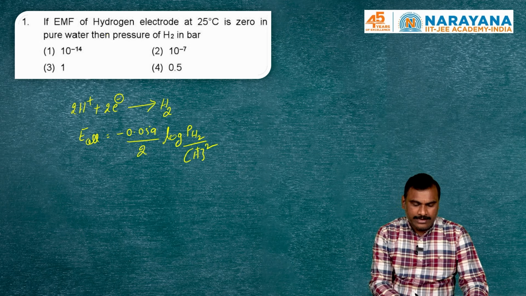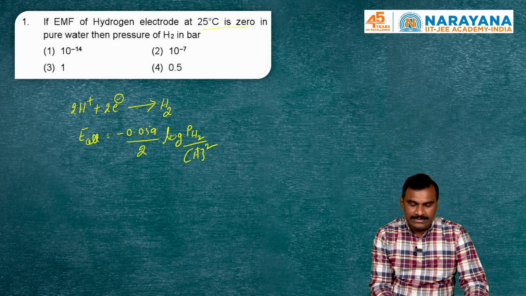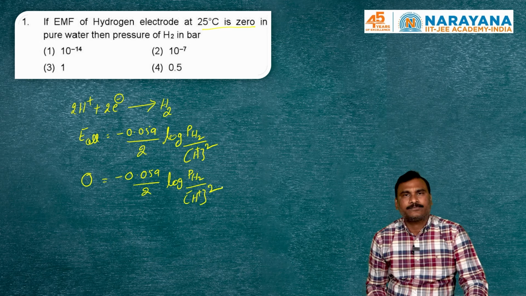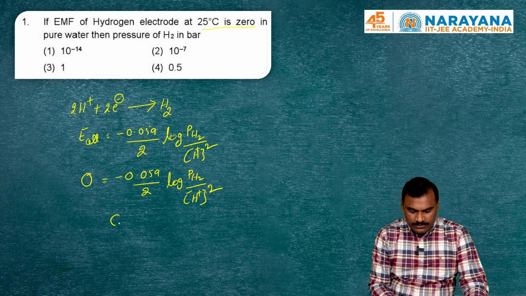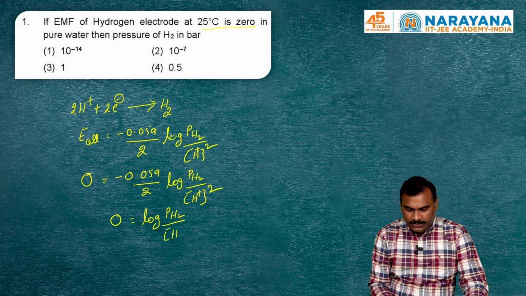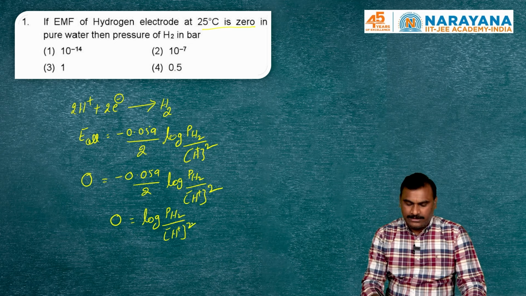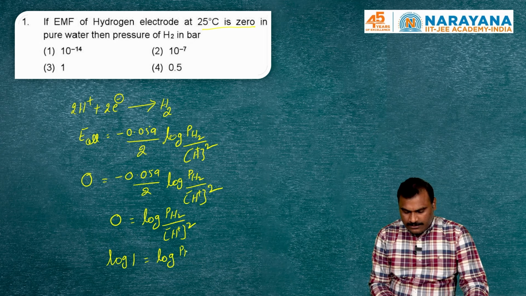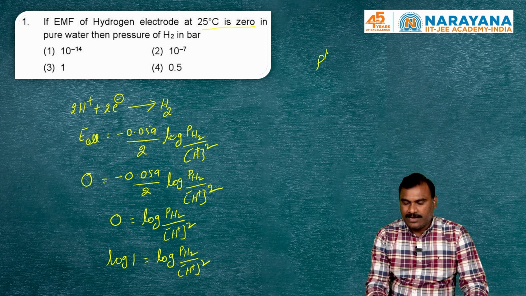Students, actually they have given that the hydrogen electrode at 25 degrees is 0. Already E cell is 0, equal to minus 0.059 by 2 log of pressure of hydrogen by concentration of H+ whole square. Now you see, the total value becomes 0, which is equal to log of the pressure of hydrogen by H+ concentration square. We can write 0 as log 1, so log of the pressure of hydrogen by H+ concentration square equals log 1. Then pressure of hydrogen